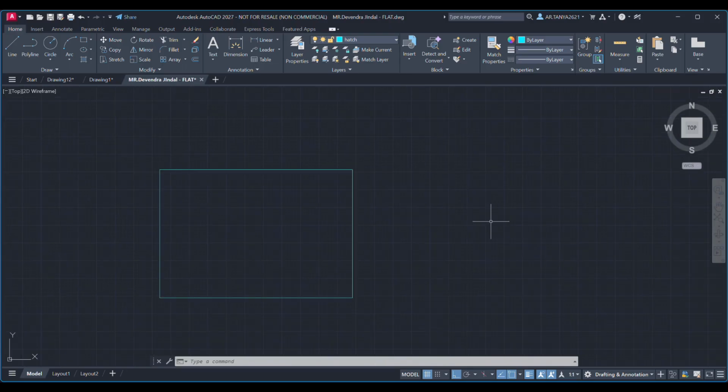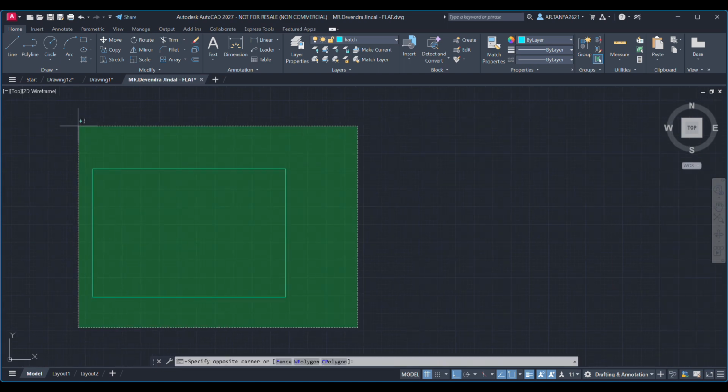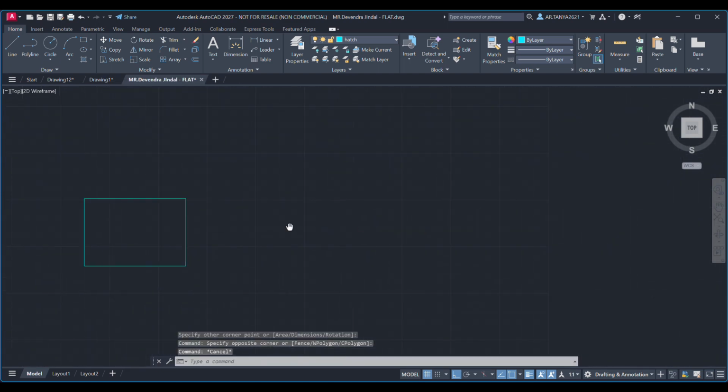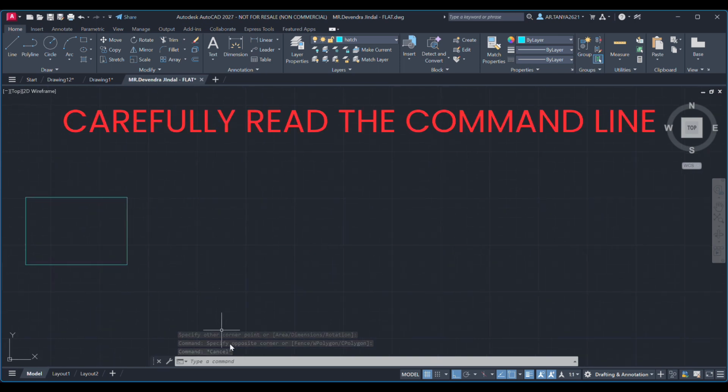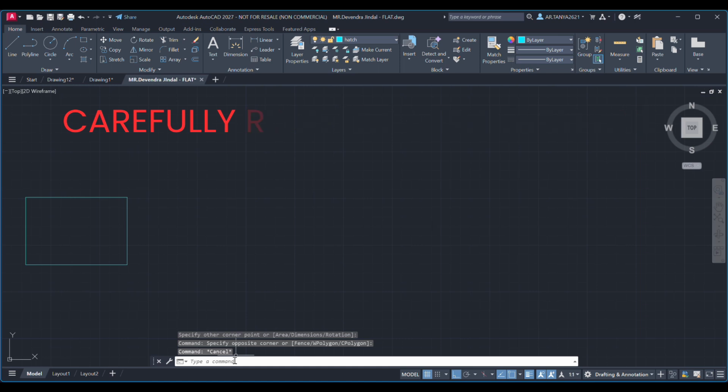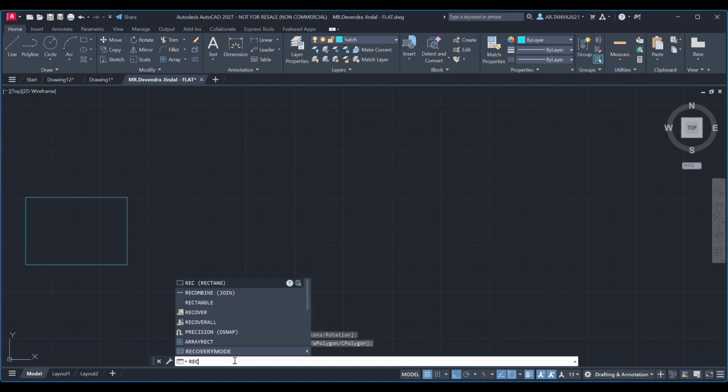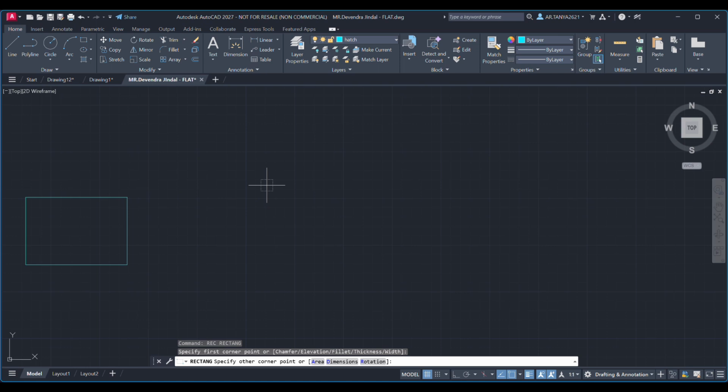Let's start focusing on the command line. Suppose I want to create a rectangle like this. So how will I do that? We will carefully read the command line. So now I'll give the keyboard shortcut for rectangle, that is REC. It says specify first corner point. I specified the first corner point.